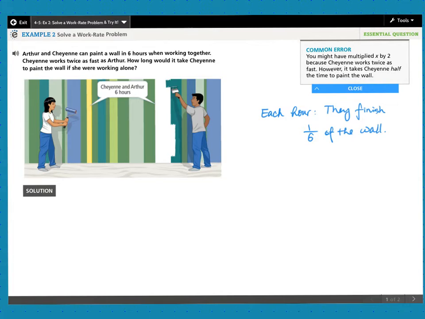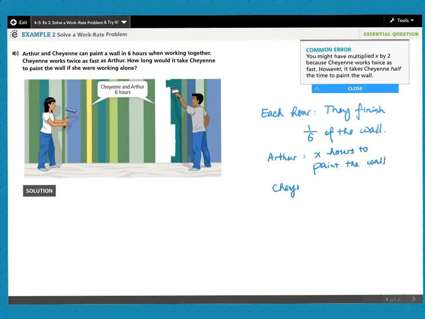Shanine works twice as fast as Arthur. So let's look at Arthur first because Arthur is the reference point. Let's say if Arthur by himself would spend x hours to paint the whole wall, right? And then Shanine's time,